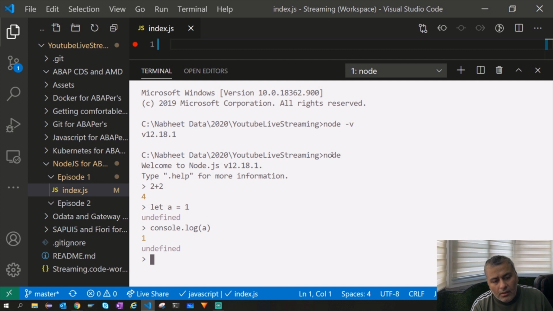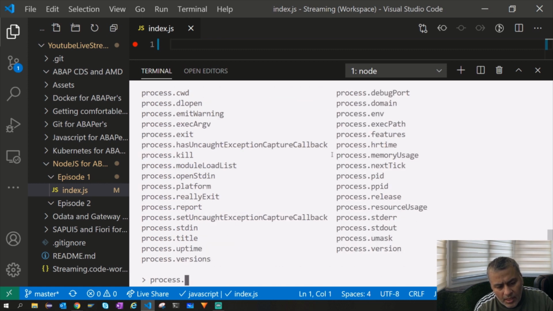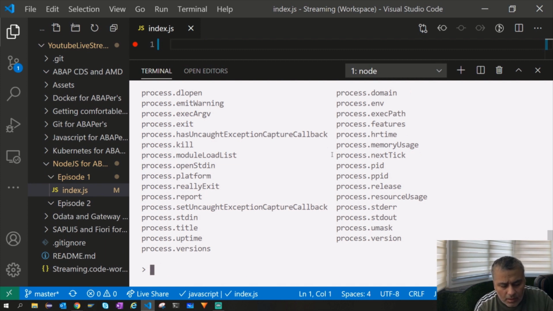It's similar to the console which you see in your Google Chrome debugger. There are also some global objects available, for example process, and if you need to see what all exists in it, you say process dot and press tab 2 times, and it shows you the different methods and attributes that exist, right? So you can try out things.